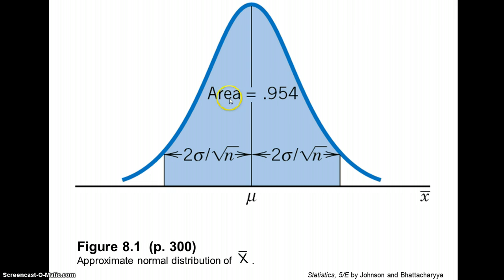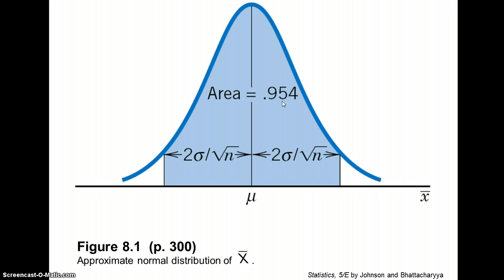But how confident do you want to be? It really depends on yourself, how accurate the data has to be. If you want to be 95% sure, you can see it's marked here, it says 2 sigma divided by square root of n. We know from the previous chapter that sigma divided by square root of the sample size is the standard deviation of x bar. So if you take 2 standard deviations of x bar,